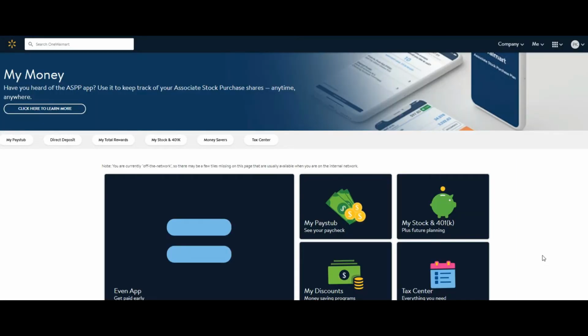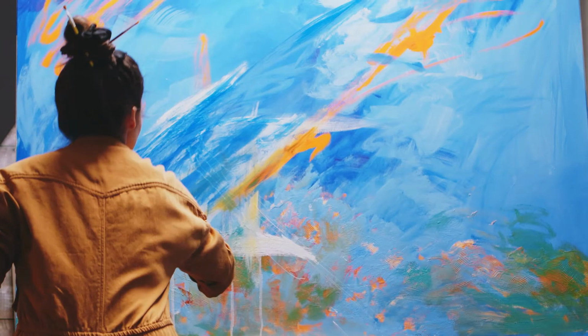Basically, if you want to learn about the stock and the 401k, you can watch different videos to learn different things and ways to prepare. With the 401k and the stocks, there are risks and there are rewards. With the Walmart associate stock,